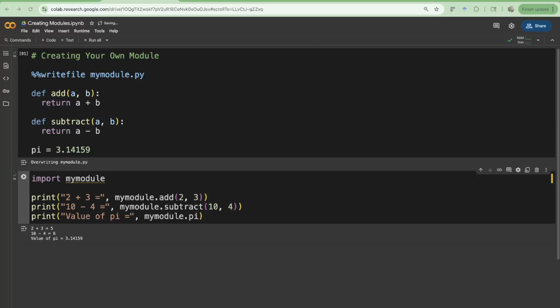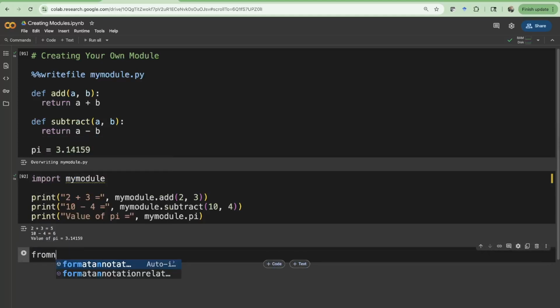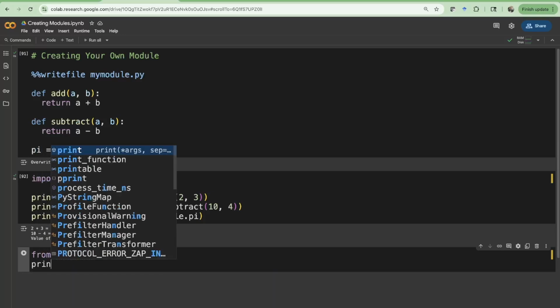So sometimes we don't want the entire module. We just need only certain parts. So in this example, we expect to import only the add function and the pi constant and use them directly without typing my module dot each time. So let me create another code cell. So from my module import add, pi and print